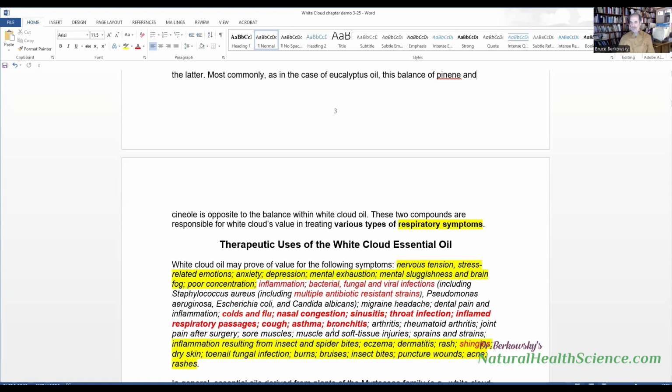So if you have inhibition of the respiratory system and the lung meridian, then you're going to have a breakdown in that intake and distribution of qi all over the body, including the brain.